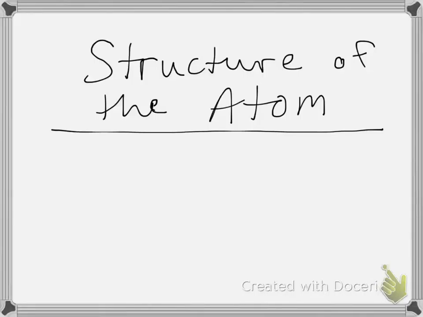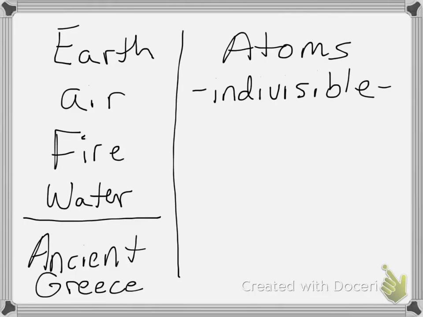In this chapter, we want to start exploring the structure of the atom. And to do so, we need to first talk about the elements of the periodic table, a little bit more so about their development. And initially, in ancient Greece was where some of the discussions about what matter was made of initially took place. And they initially had four elements, right? They had earth, air, fire, and water.